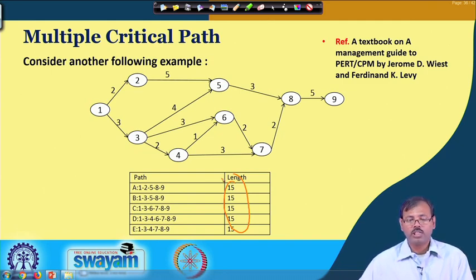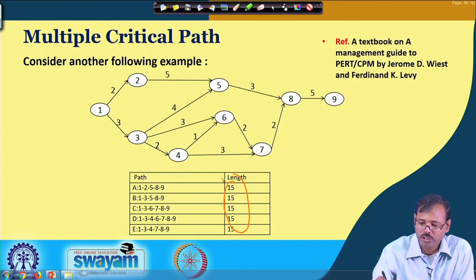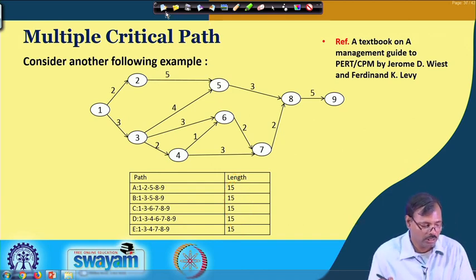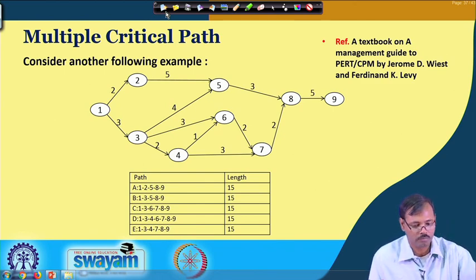But probably you can wonder how it is possible. Actually, this is possible because of our previous example. You can see in the similar previous problem, we had 16 as the maximum one and the smaller one was of 9 hour length. The maximum was actually, let me write all the path durations here which we discussed in this earlier case.